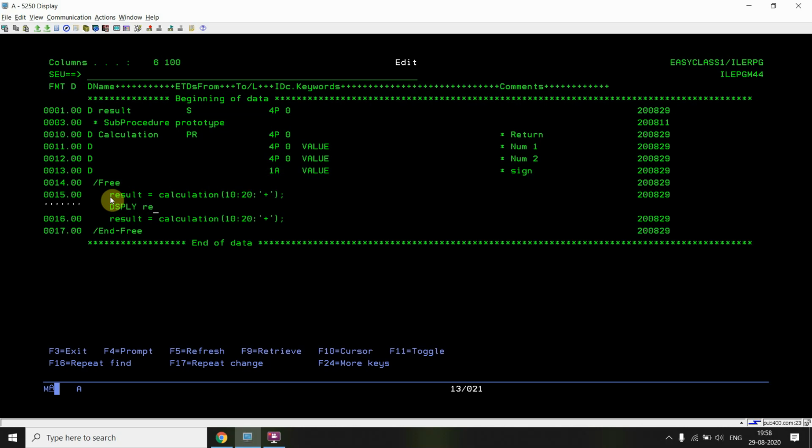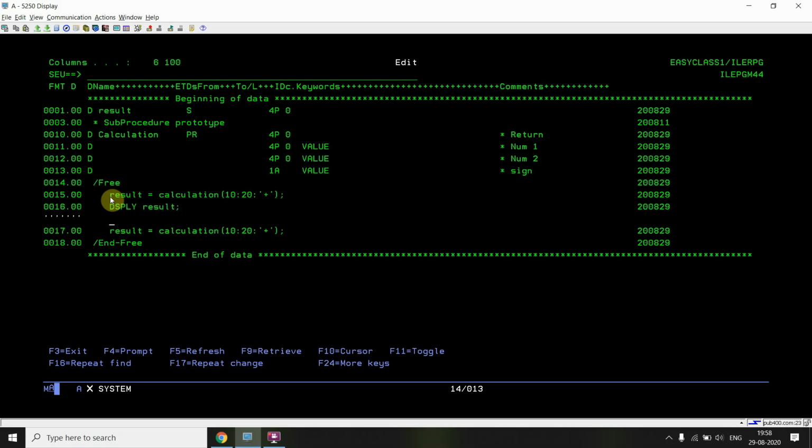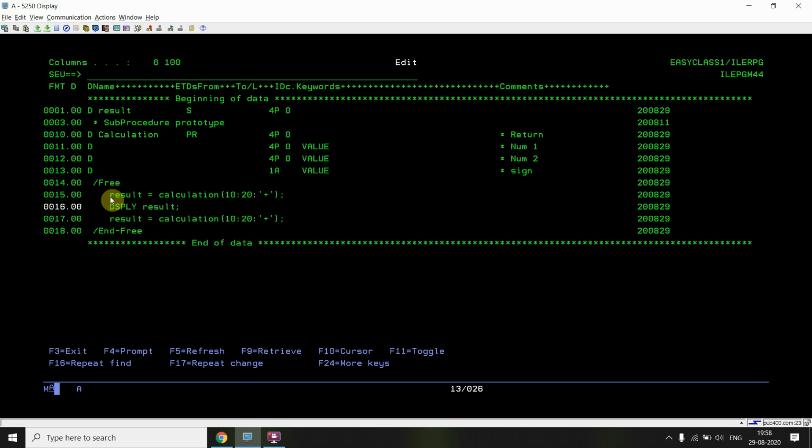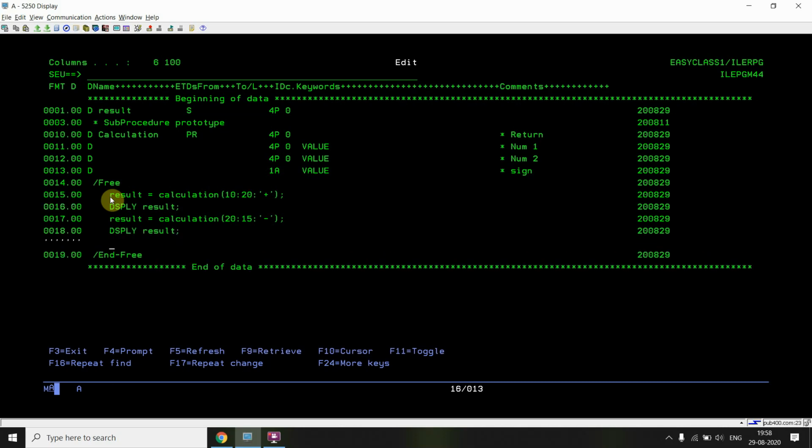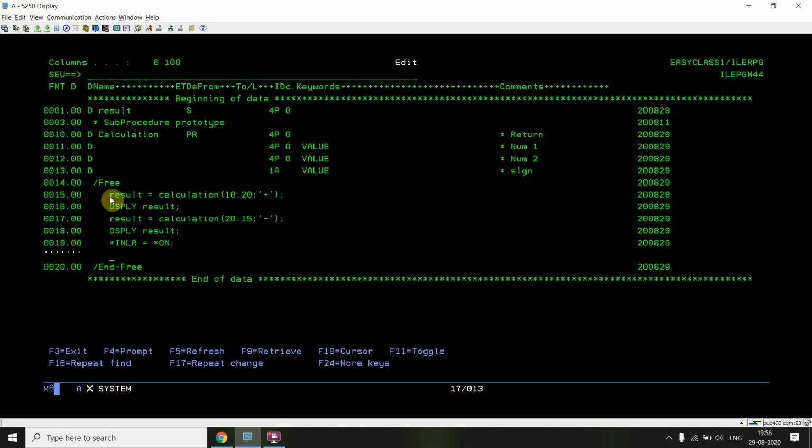Display result. Then I'm passing 20 minus 15, and then *INLR equals *ON.